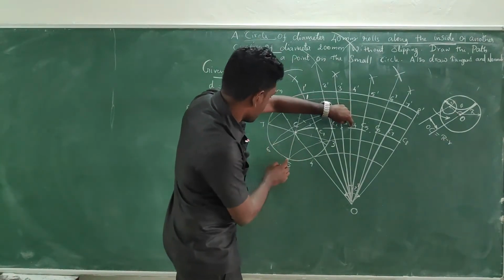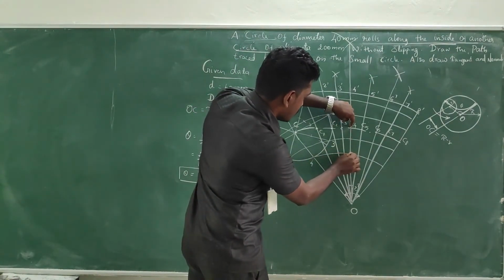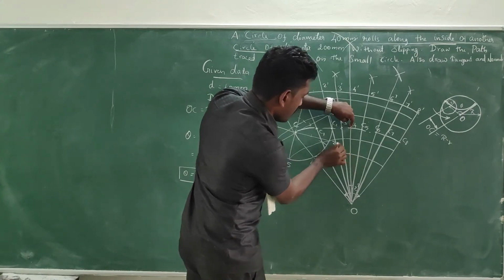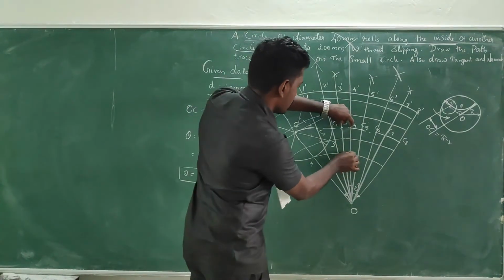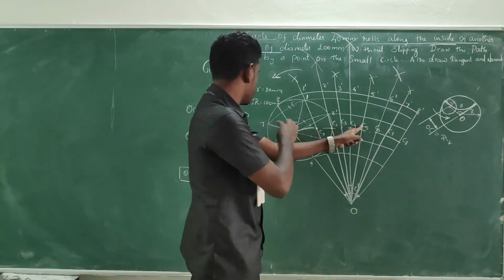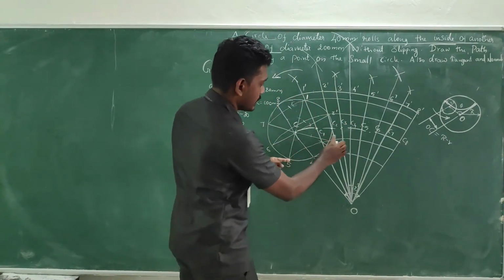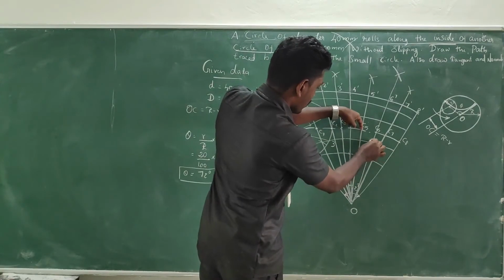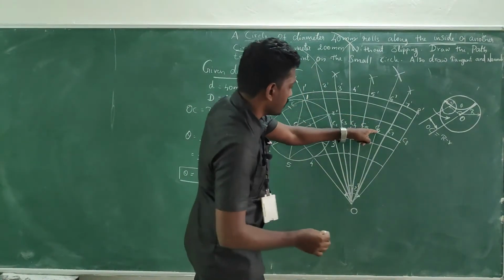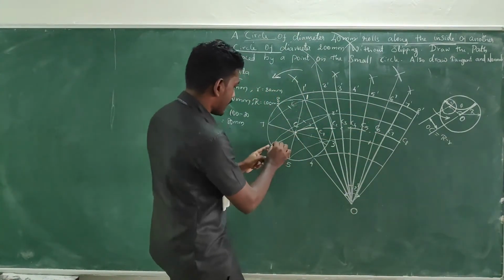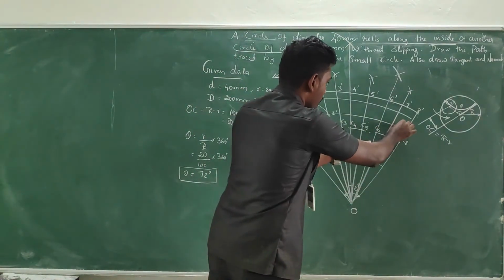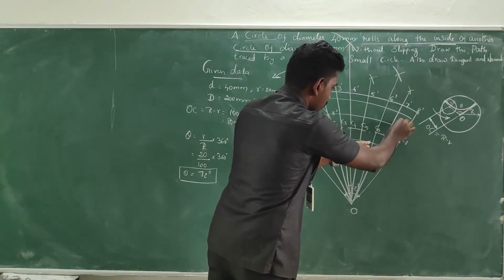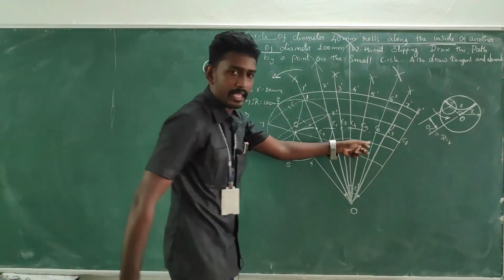From C4, search for the fourth line. So I can say it will come to the minimum point. It touches the minimum. Okay, this is the fourth one. From the fifth, just have a cut mark on the fifth line. Here is the fifth line. You have a cut mark. So I can say here you will get it. From the sixth, just have a cut mark. Here is our sixth locus line from the rolling circle. So just have a cut mark. So approximately here you will get it.